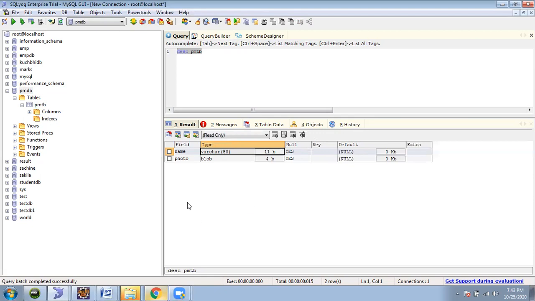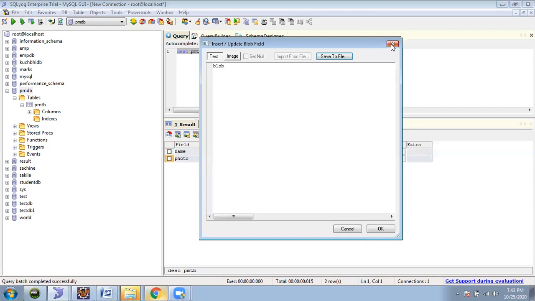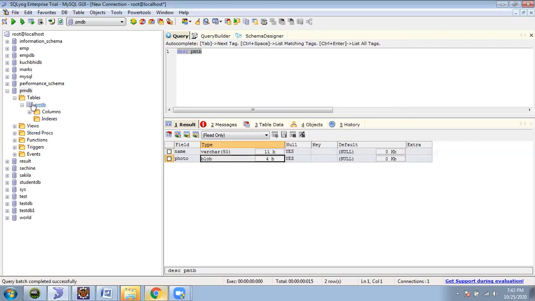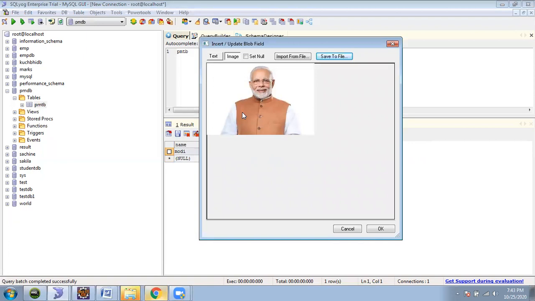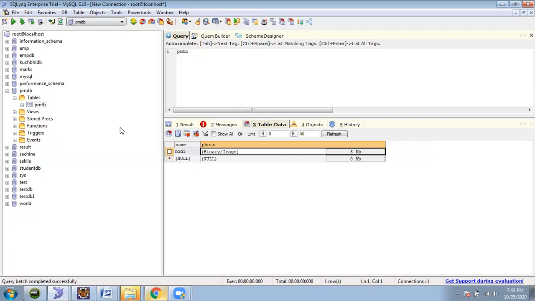What I'm trying to do is, I have taken one lecture previously on how to store an image into a table. That's what I did. If you want, I can show you this one. I will show you the table data. You can click on this and just see it. This image we inserted in the last lecture, in the database, in the table. I hope you remember. If you forget something, we will recall it once again, right?